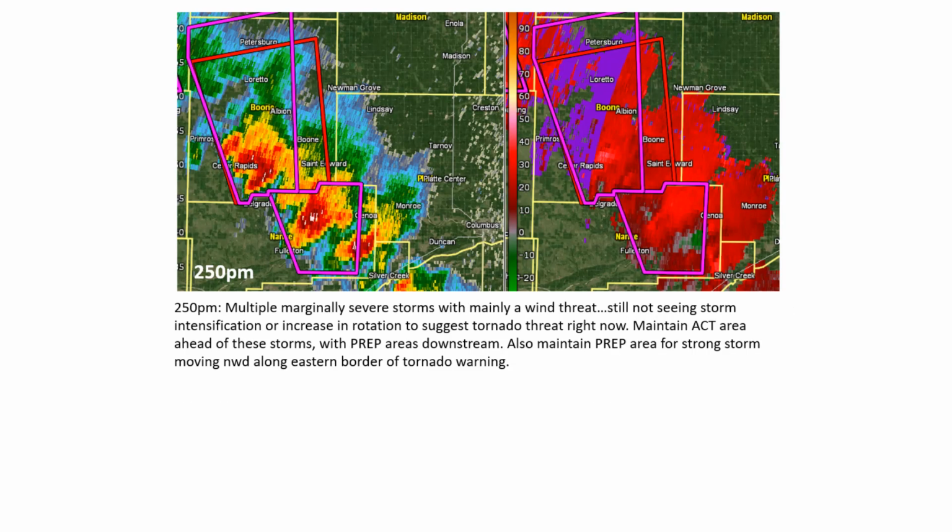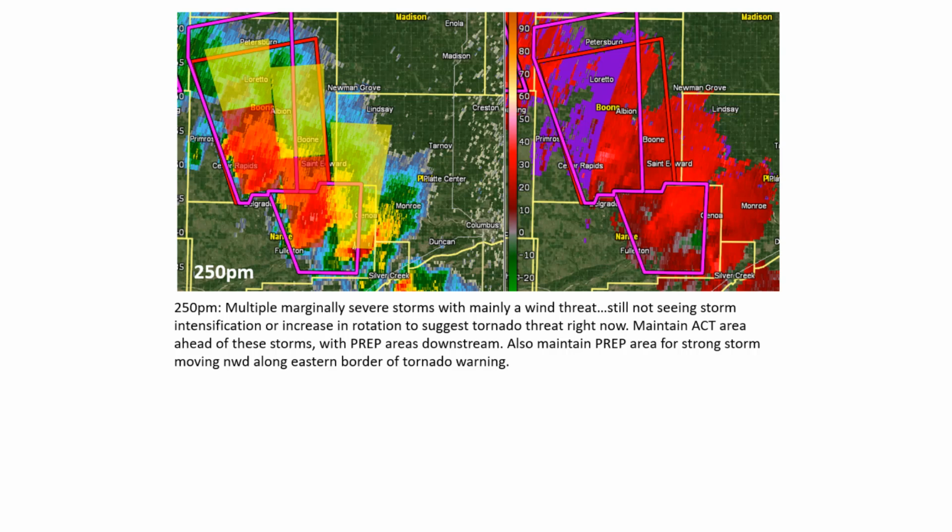At 2:50 p.m., we continue to have these intense storms that only show weak rotation. There's no imminent threat of a tornado, so uncertain as to why these warnings are out unless there are actual reports of something, maybe landspouts. But in general, the main threat right now is for wind and hail with these more intense storms. And so the Storm Target Initiative would show multiple action areas, primarily for wind and hail, possibly a brief landspout, shown in red, with the longer lead time prepare areas in yellow.